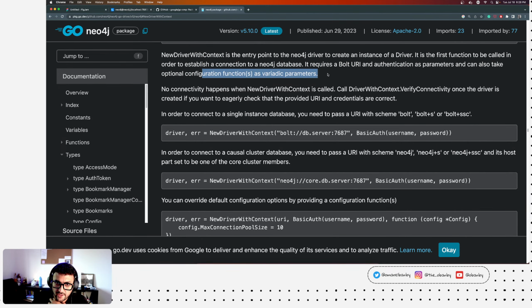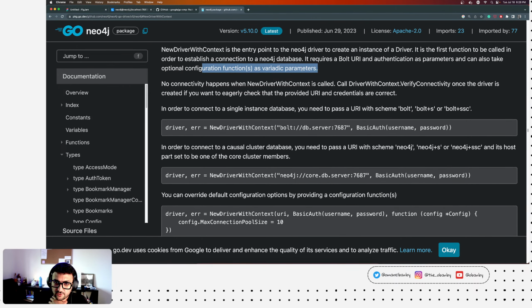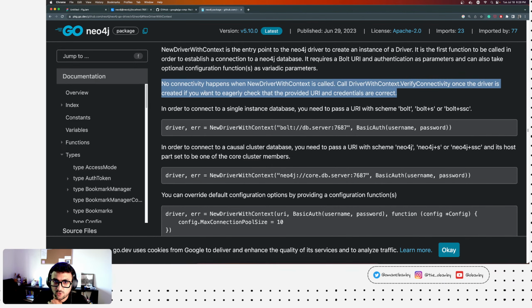They call that the functional configuration pattern. So no connectivity happens when NewDriverWithContext is called. Call DriverWithContext.VerifyConnectivity once the driver is created if you want to eagerly check that the provided URI and credentials are correct.